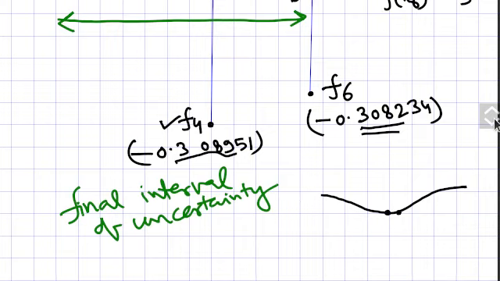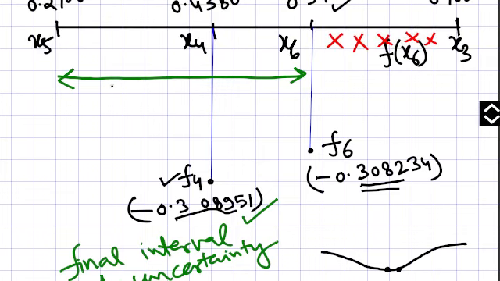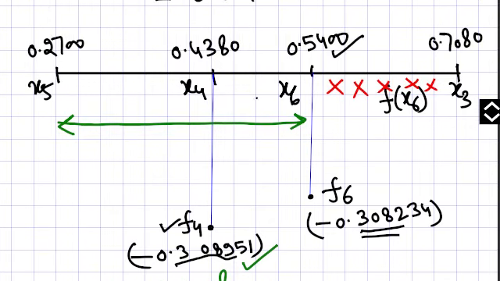And if you want to find the minimum value of the function, then you can say that this is the minimum value of the function. You can also mention that the uncertainty level is between these two points. The minimum will lie between these points. This is the uncertainty, or you can compare it with the error that you decide for your calculations. The error can be this much, and the minimum value is this.